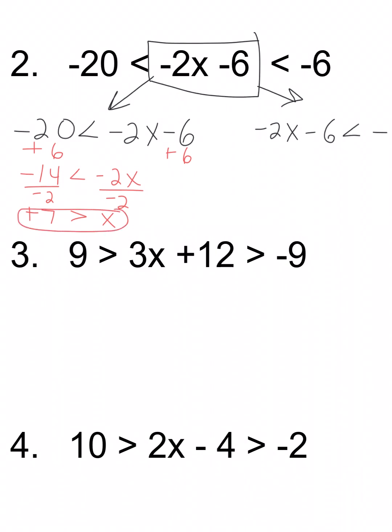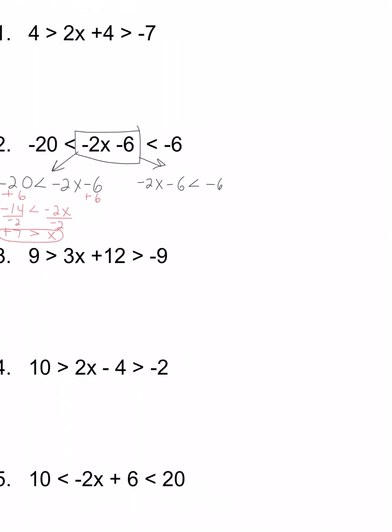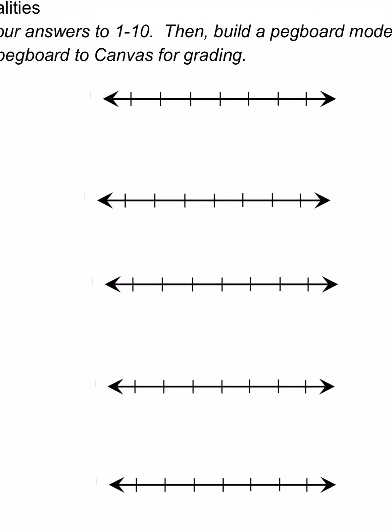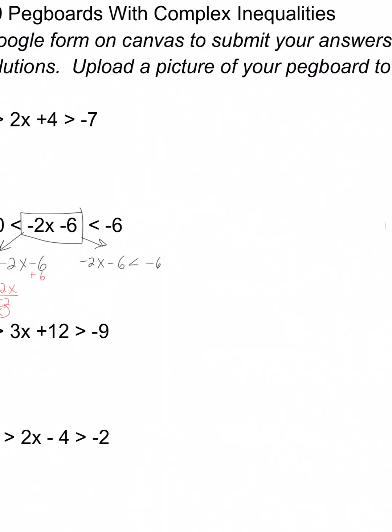Alright, so we'll go over to our number line. x is less than 7. Here's our number line. And we're going to find, well, let's say 7 is right here. And so it says x is less than 7, so we'll have an open circle, and it'll be going left. The other part of the inequality,